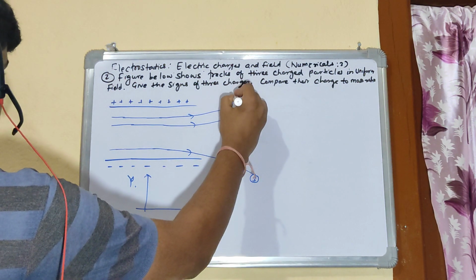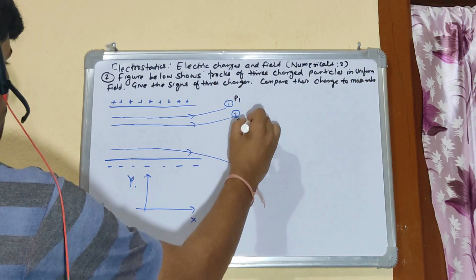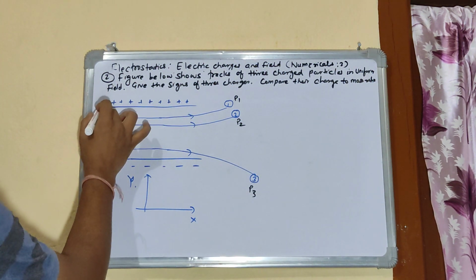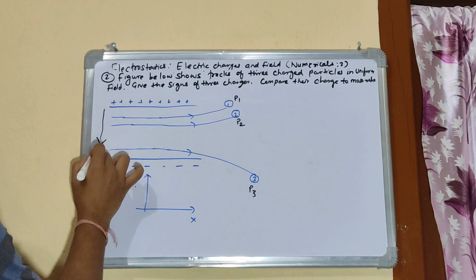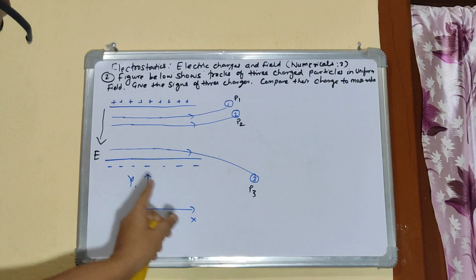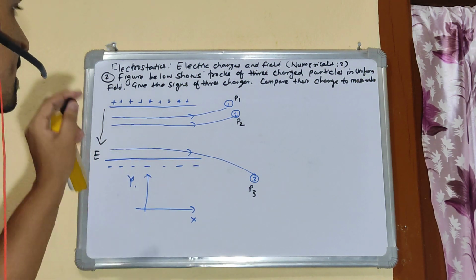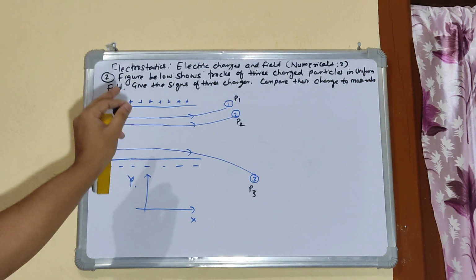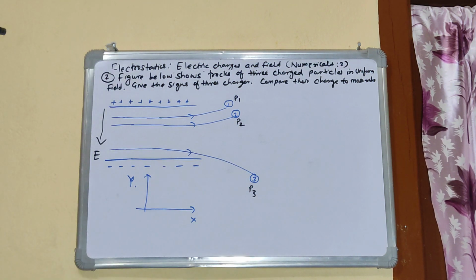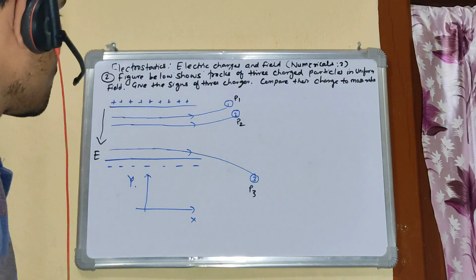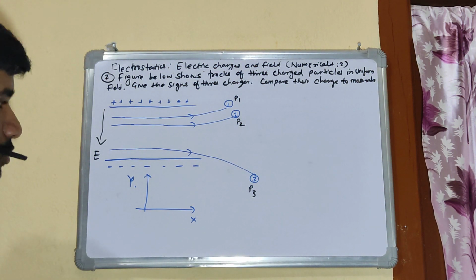Let's say this is particle 1, particle 2, particle 3, and this is the electric field. You know the direction is from positive to negative. This is the direction of the electric field, and these 3 charges have this kind of nature. When we place them into this electric field, we need to know first what the charges of these 3 particles are, and then compare their charge to mass ratio. So to start this problem,